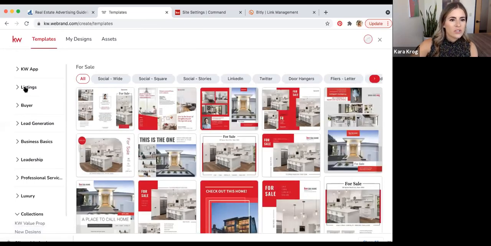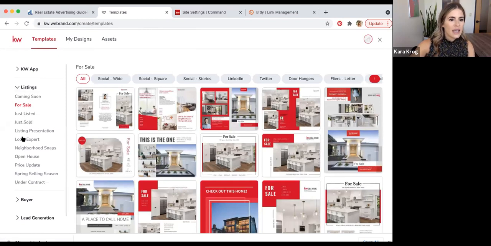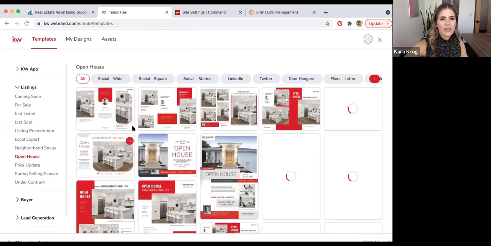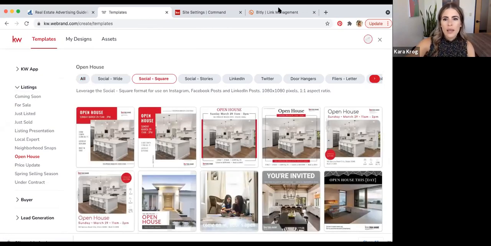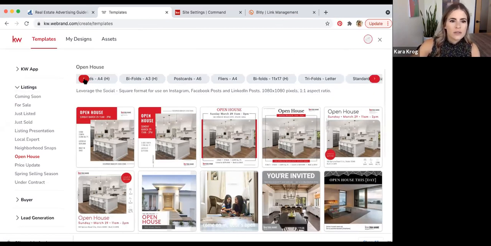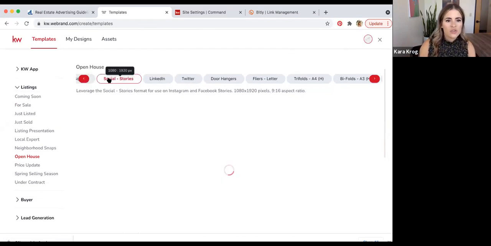And we'll go to listings, and let's do open house. I really want to do a social square one, but I also think that what's really cool is social stories.